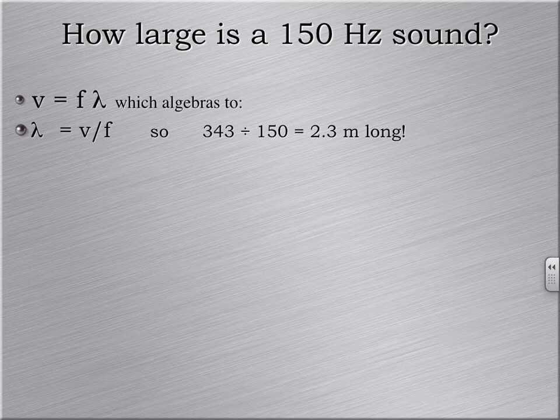But you guys have all heard boom boom cars, right? The cars that go by and go boom, boom, boom, boom, boom. That's all you ever hear out of them. The boom that you hear in most boom boom cars is around 50 hertz. So if that's 3 times smaller in frequency, then this wavelength would get 3 times bigger. So that would be around 6 meters long, which is about the size of this room.